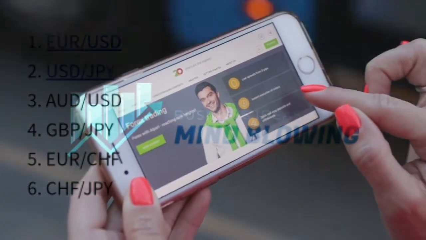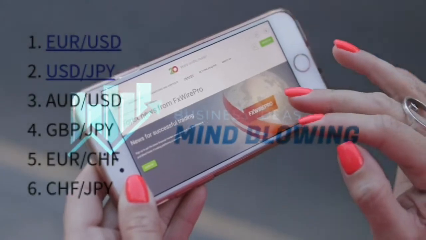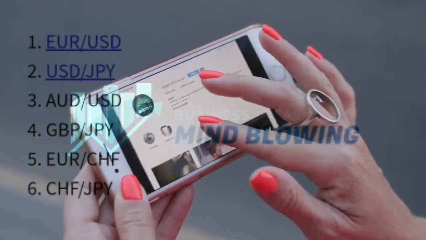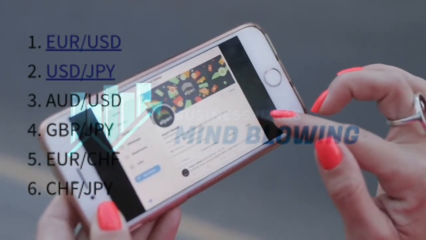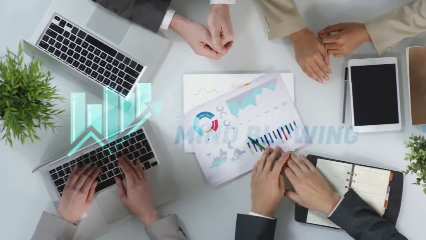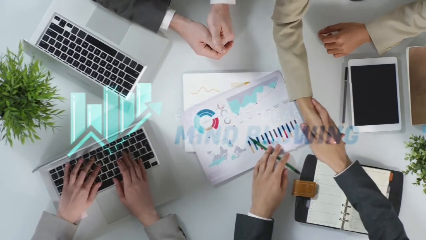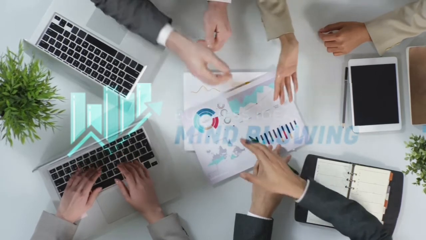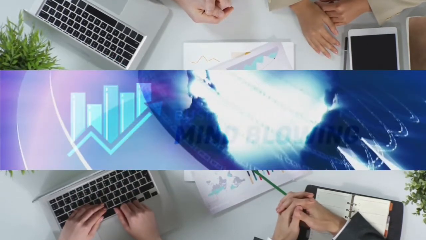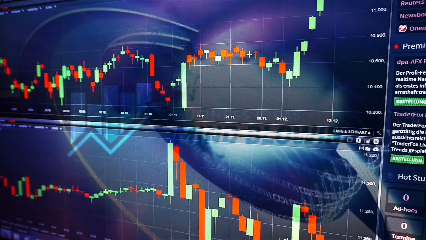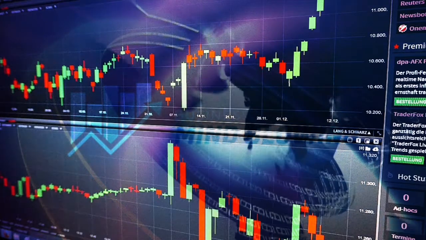And there are many liquid currency pairs derived from the 8 major currencies. 1. Euro versus USD. 2. USD versus JPY. 3. AUD versus USD. 4. GBP versus JPY. 5. Euro versus CHF. 6. CHF versus JPY. Currencies that can be easily traded span the globe. This means that you can handpick the currencies and economic releases to which you pay particular attention. But as a general rule, since the United States dollar is on the other side of 90% of all currency trades, United States economic releases tend to have the most pronounced impact on Forex markets.